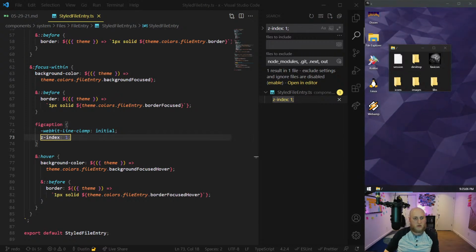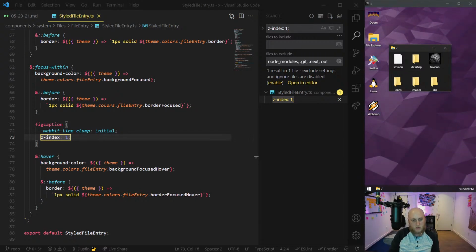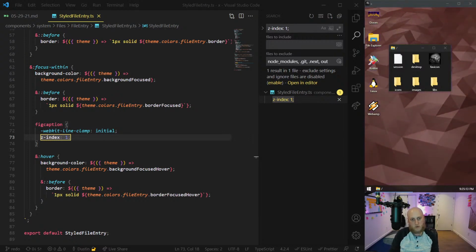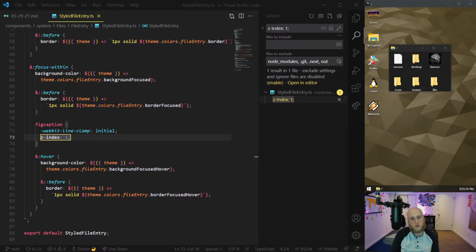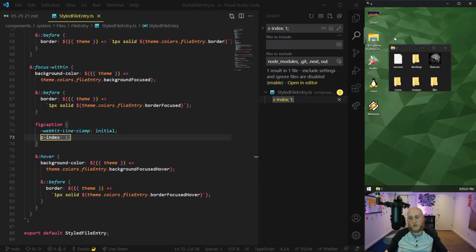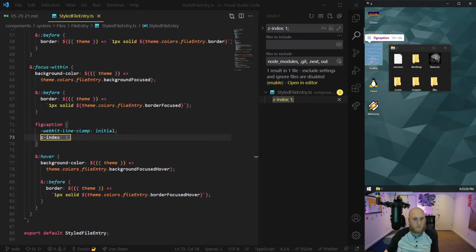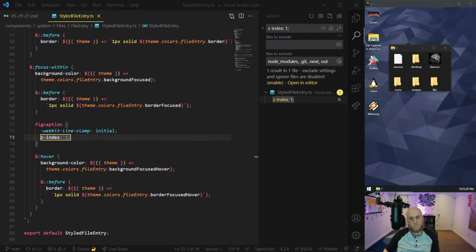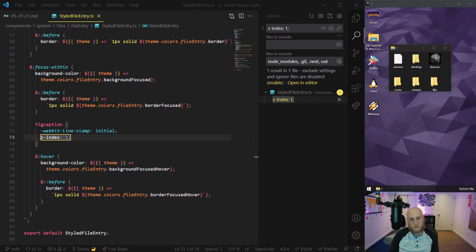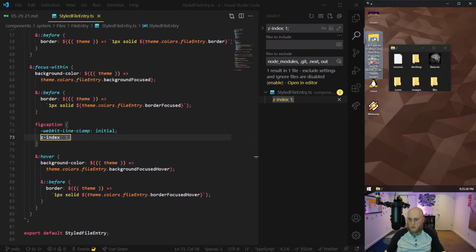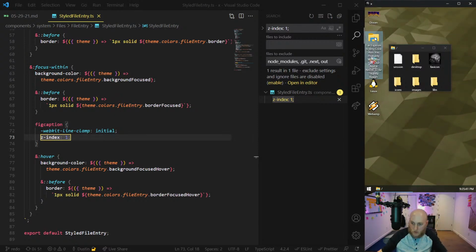Anyways, let me make this text longer. I'm going to make it really long. So File Explorer is very cool, and you probably wish you had one. There we go. So now it's really long text. You see, I've got this small part that it does, but if I click it, you see it makes it really big. That's not big enough. Let me make it even bigger. And it needs to be slightly bigger. There we go. So now when you click it, you see there how it's going over all top of that.